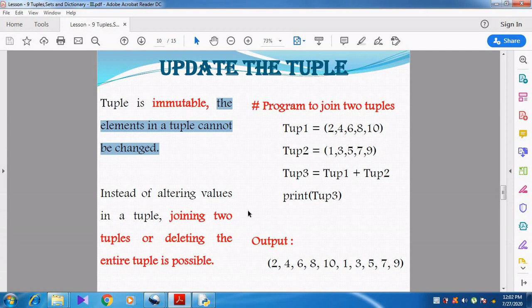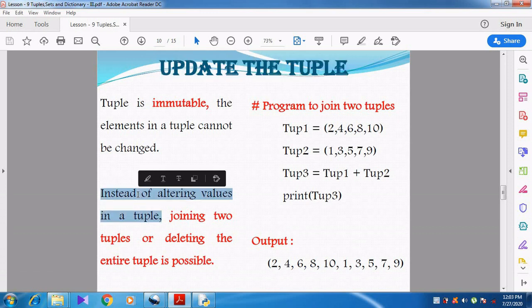Already the tuple contains 4 values, 1, 2, 3, 4. Instead of changing or altering those 4 values, I can add some more values in the tuple. So that is what they call update the tuple.